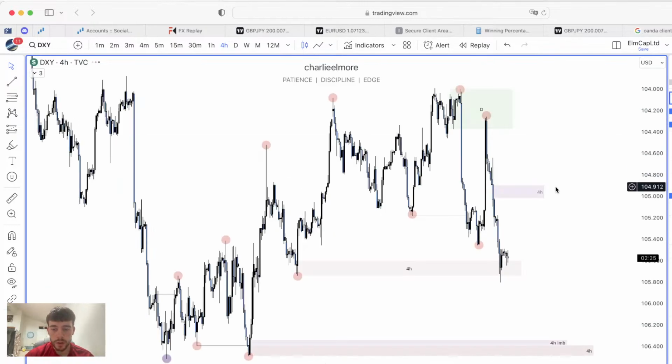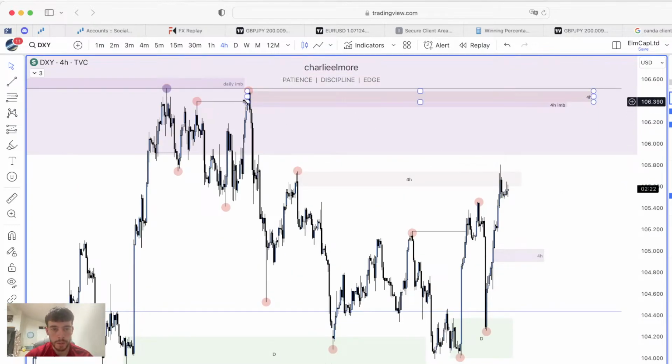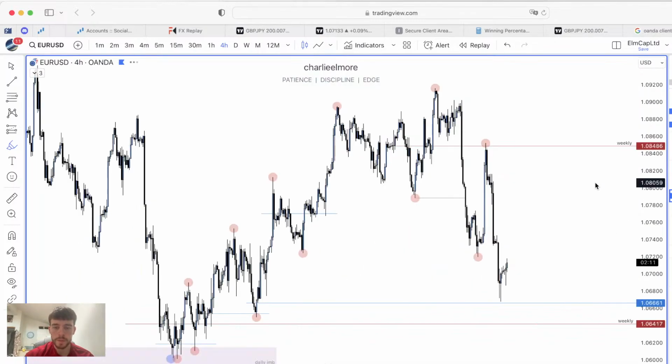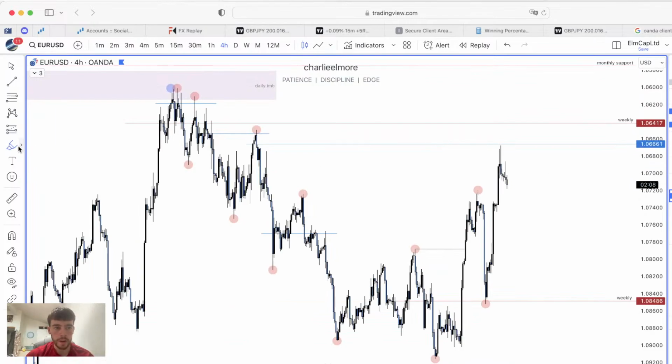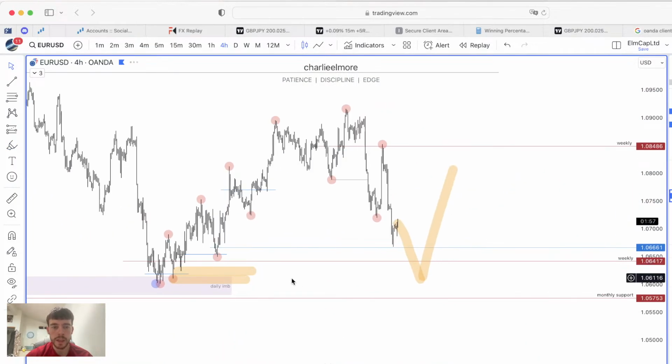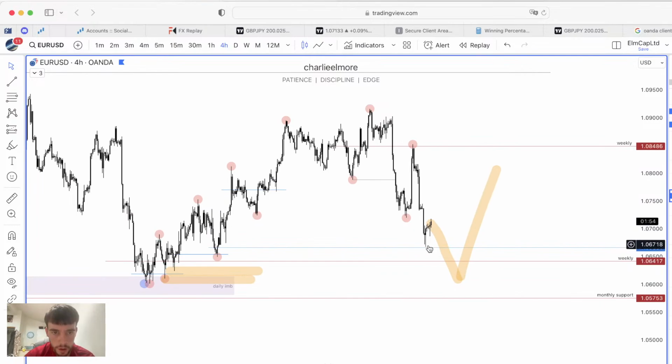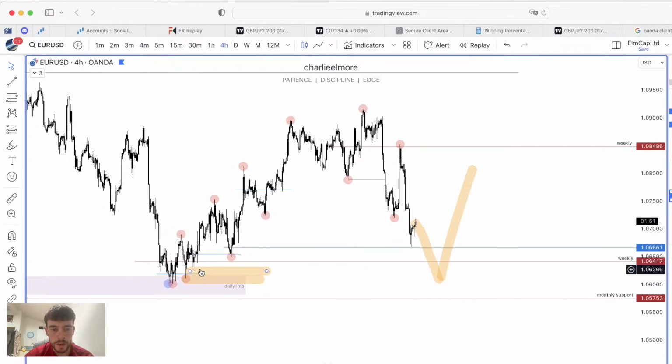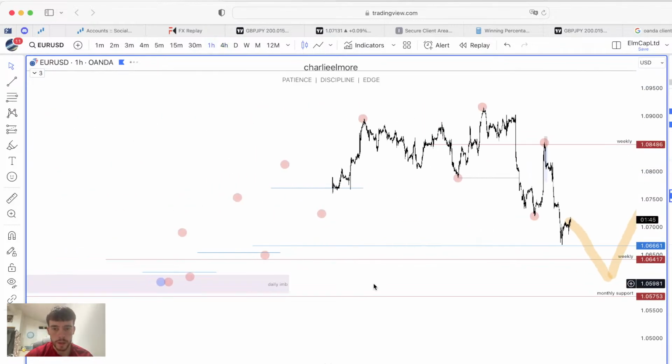Or having said that, price could literally just respect what we've drawn on here, because this is a liquidity POI. Price could respect this and then come off of it, at which point the euro dollar would have done something like this. So obviously come up, react off of something here to then come down, because if we just go back to normal on that, that would then still validate the bullishness of the euro dollar, because it could react from something in here. Okay, so I just want to look into that actually before we come off this call.